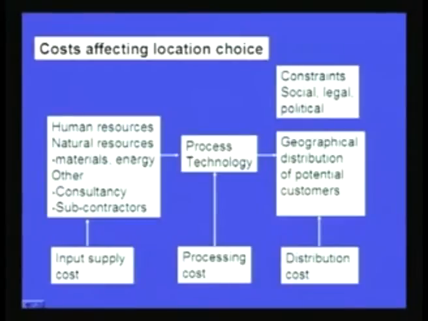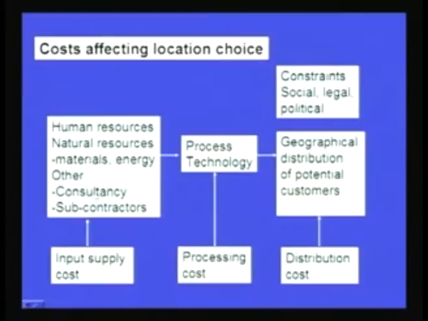Natural resources may be required, in terms of materials or in terms of energy. Sometimes we generate electricity using coal, so coal may be one of the natural resources that is available from the mines. Then certain kinds of energy are required, which is also an input parameter. Energy can be in terms of hydel energy or electrical energy. So different types of energy requirements are there, and all these are the input parameters.